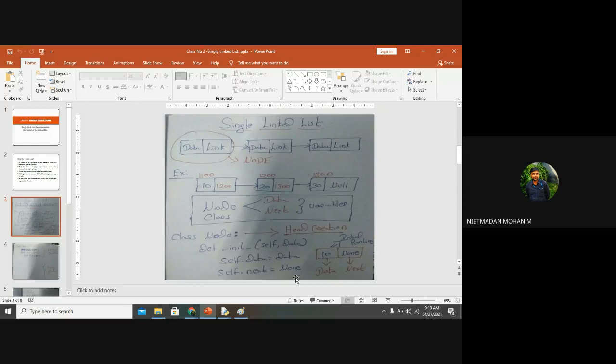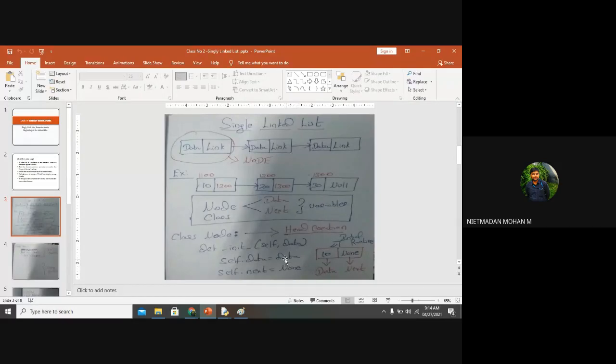So here I am creating a class node. It means in the programming part, I want to create the first node, that is a class node. So I'm going to create an object in my program. I am going with this define init function. Self is the argument that is to be passed over here, and after that the first data is to be collected. So here I am giving that self.data is equal to data, the first data when I am receiving this, and self.next is equal to none.